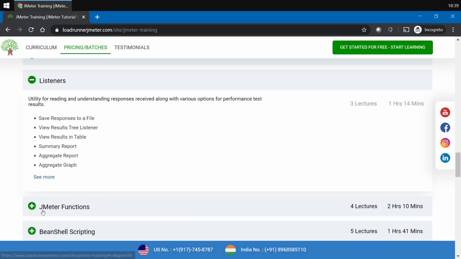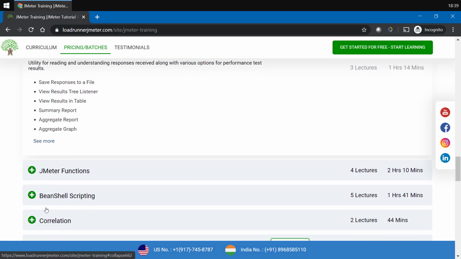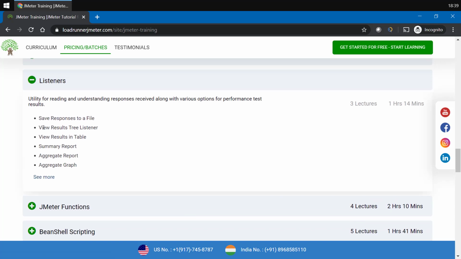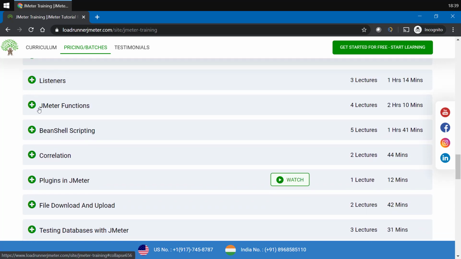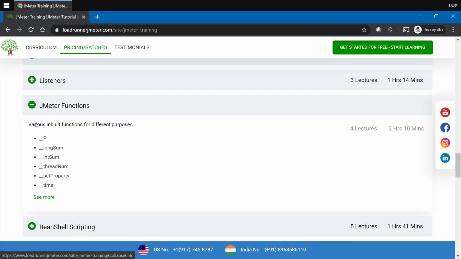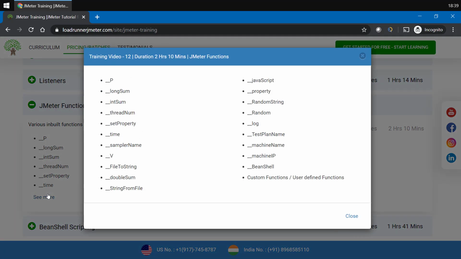Okay, next thing, JMeter functions. Now you may come up with some situations where you don't want to code, right? So you would be requiring pre-made functions which receive some data, perform actions according to that data, and you would be getting the information that you need, right? So these are the functions that we would be using and learning how we can work with them, right?